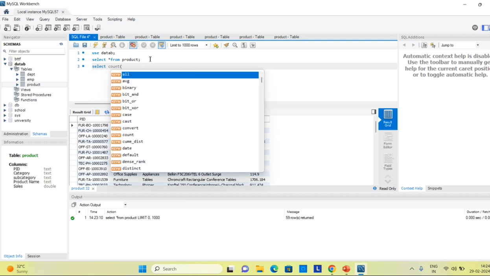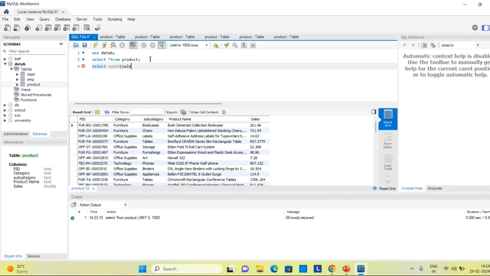The column on which I am performing the aggregate function is sales, and what I want to group is the category. So I will write category from product, and a group by clause, so that all the categories like furniture, office supply or technology will be grouped together. I will write group by category, and I will run this query.